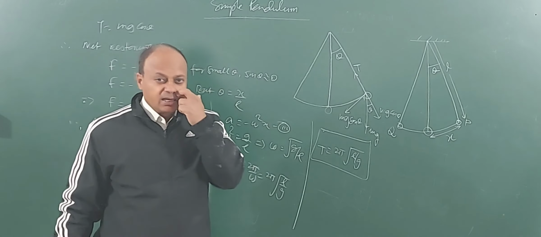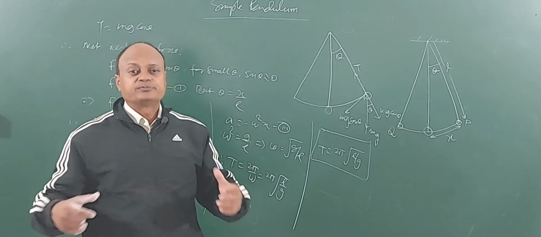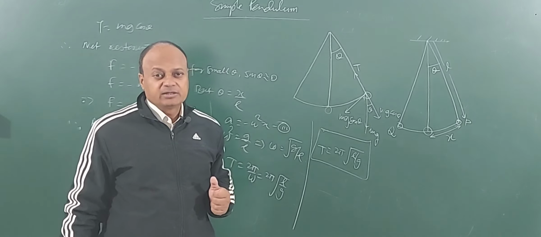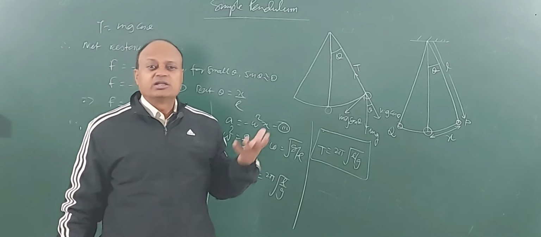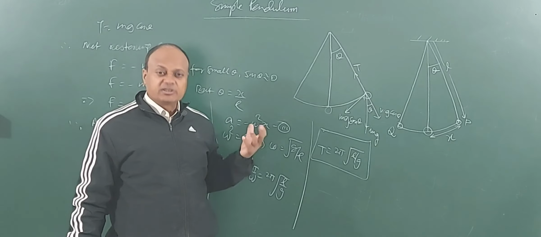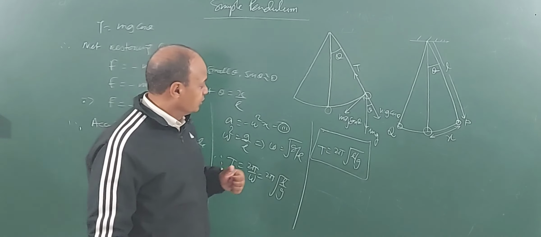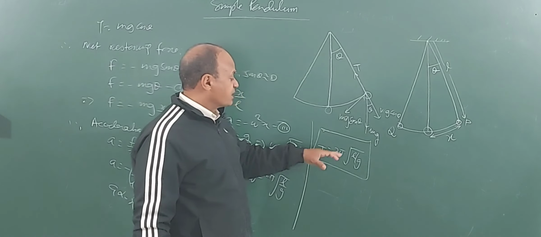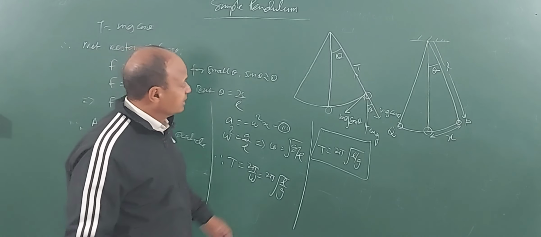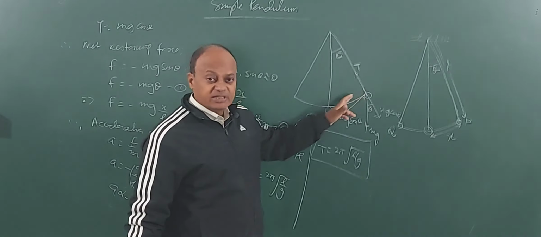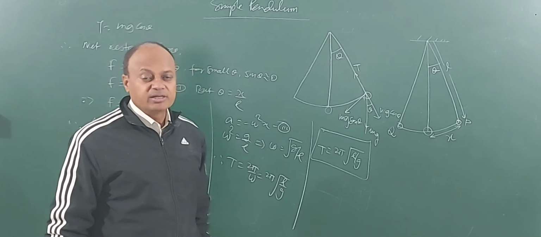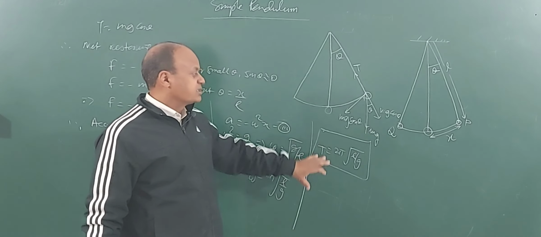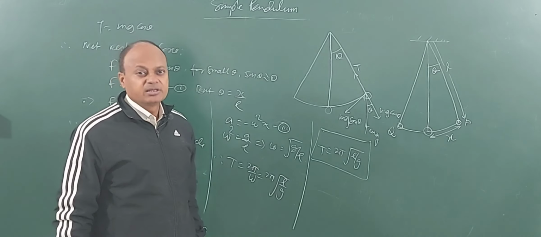Suppose they ask you a question, there is a boy swinging in his swing. What will happen to the time period if another boy comes and sits on it? Then what will you say? There will be no effect, because the time period is not depending upon mass. But this will hold true only when theta is small, right? So time period is independent of the angular displacement, also of the linear displacement. It does not depend upon the mass of the bob used in the simple pendulum. Clear? So these are oscillations of a simple pendulum.